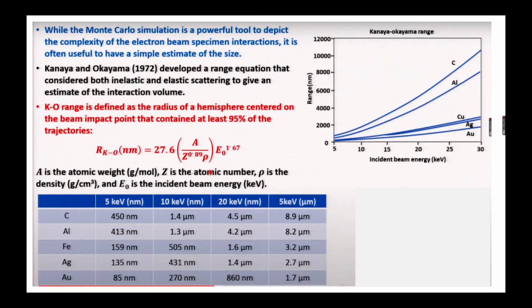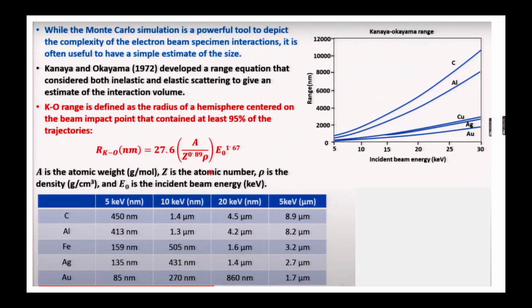So as you have seen, this is a very simple slide. There are two scientists, Kanaya and Okayama. They discovered this in 1972. These are Japanese scientists, and they developed a range equation that considered both inelastic and elastic scattering to give an estimate of the interaction volume. Okay, so they have given some range